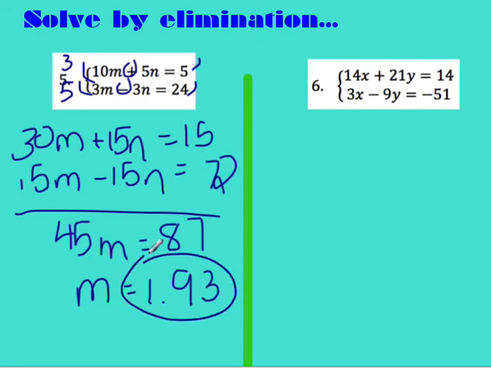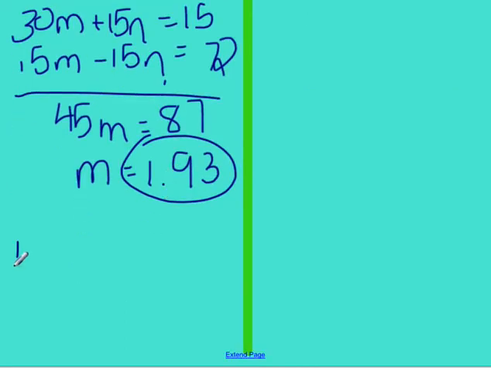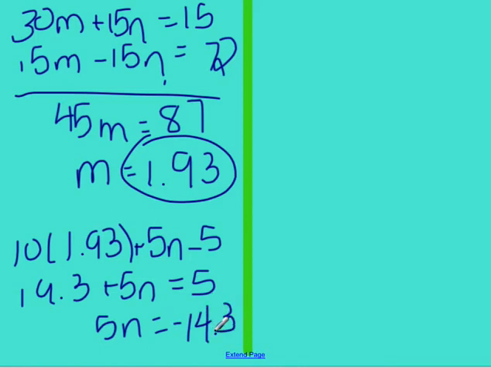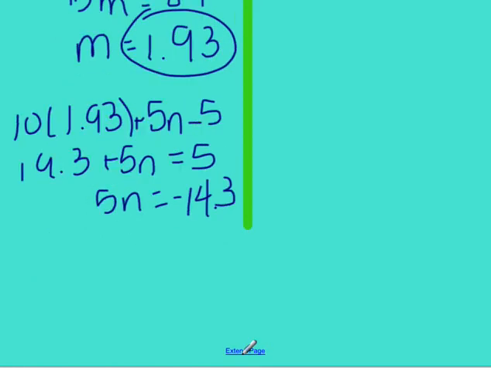So now I'm going to plug that in for m. It's okay if you get decimals. You probably won't on any assignments or on a homework, but we're just doing this one for practice. So I'm going to plug in 1.93 for m into the first equation just because I feel like it. So when I multiply that by 10, I get 19.3 plus 5n is equal to 5. So then we're going to take 5 minus 19.3. And I end up getting 5n is equal to negative 14.3. So then we're going to go ahead and divide both sides by 5, and we get negative